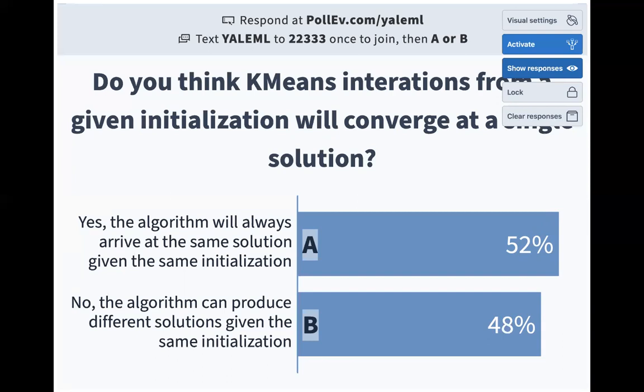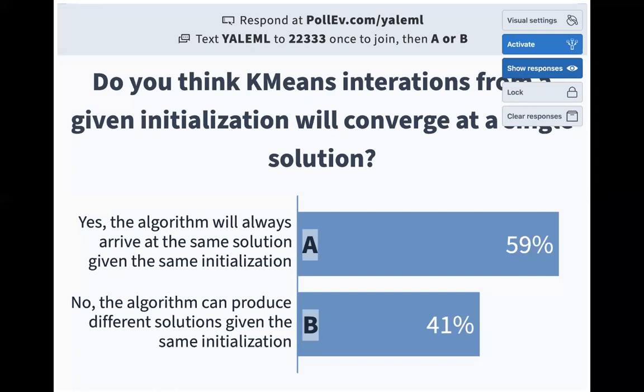If I give you a set of 100 points in Euclidean space and you want to calculate the average position of those points, that is a deterministic step, right? You're always going to see the same mean. If you just take the numerical arithmetic average, that will always be the same. So that step is deterministic. And then the next step, we're iterating, is reassigning points to their closest mean. That step as well is deterministic. And so because this is an iterative algorithm composed exclusively of deterministic steps, calculating means,